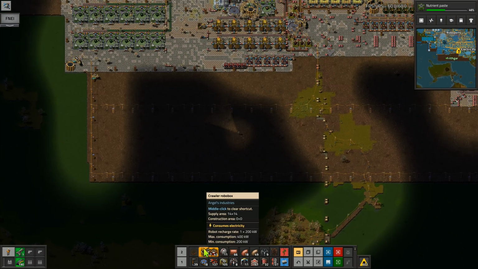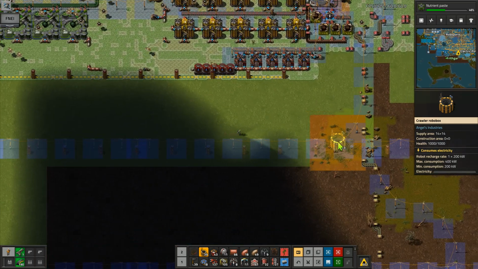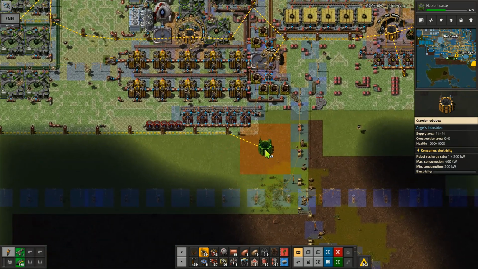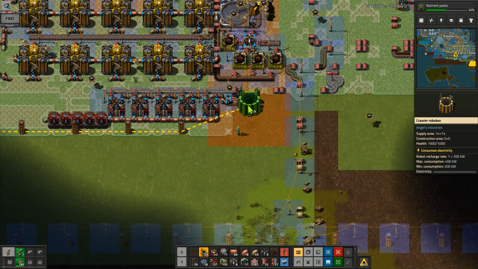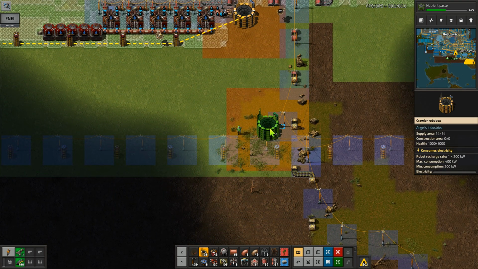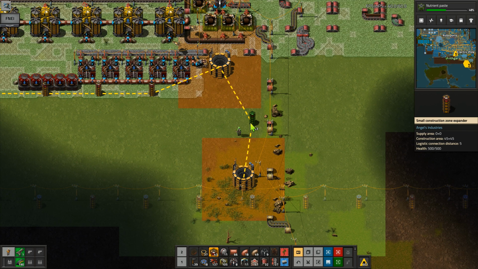I would also like to add in a few crawler robo-boxes in here. We haven't got very many down this lower end, and I think they would probably be useful. So if I go and put one in there, that's part of the network now. It's joined in. And I'll add another one in right there. That's not currently part of the network, but it won't take much to make it part of the